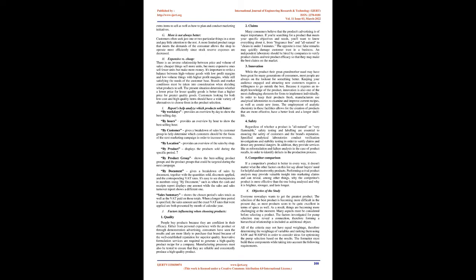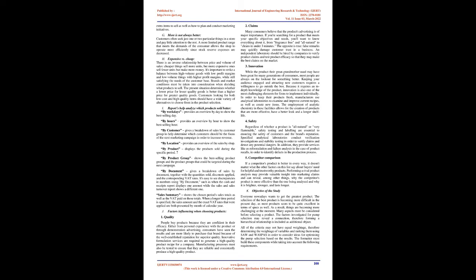By location provides an overview of the sales by shop. By product displays the products sold during the specific period. By product group shows the best-selling product groups and the product groups that could be targeted during the next campaign. By document gives a breakdown of sales by document, together with the quantities sold, discounts applied, and the corresponding